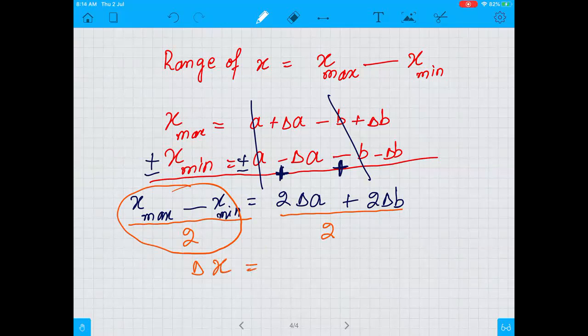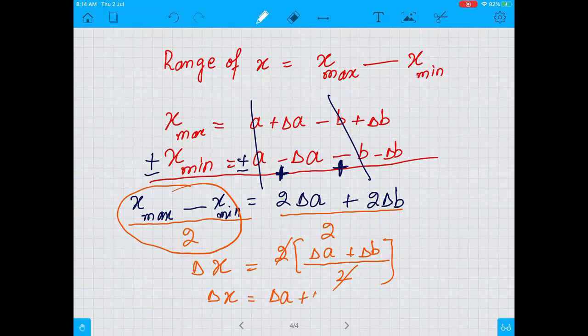The random uncertainty in x will be equal to, if we take 2 common, delta a plus delta b over 2. So this 2 is cancelled with this 2, and as a result, uncertainty in x will become